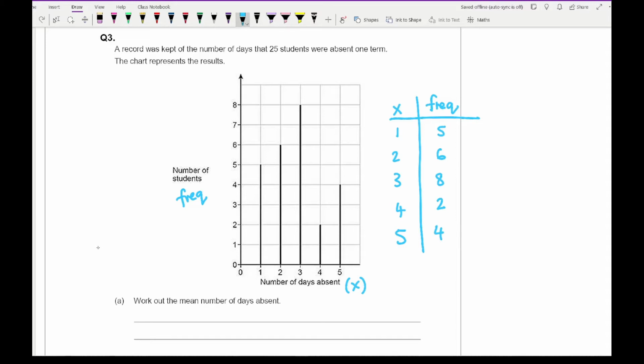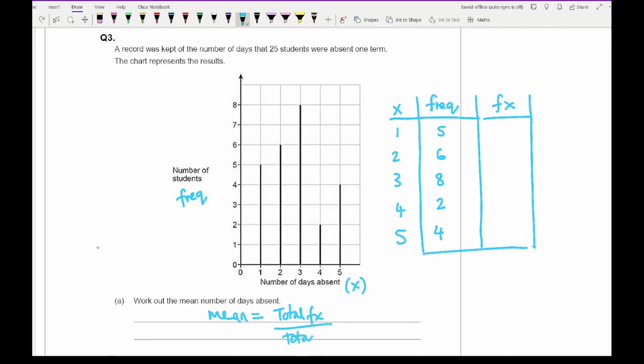So from this, what I then need to do is create an FX column, and the reason for that is because the mean is equal to the total FX divided by the total frequency. So this value here is the total frequency, and this total here is going to be the total FX. Now if you're wondering how do you calculate the FX value, all I've got to do is simply multiply those two numbers together. So here, adding those numbers up, I get 25, and then multiplying across,